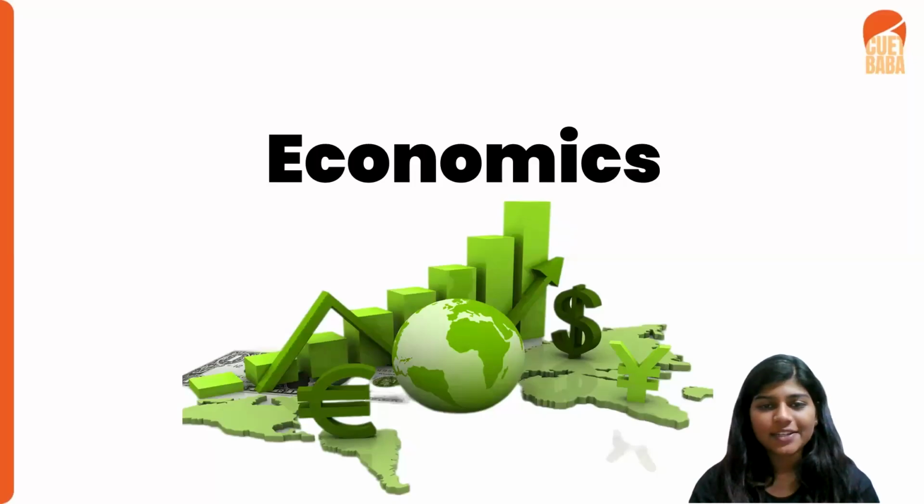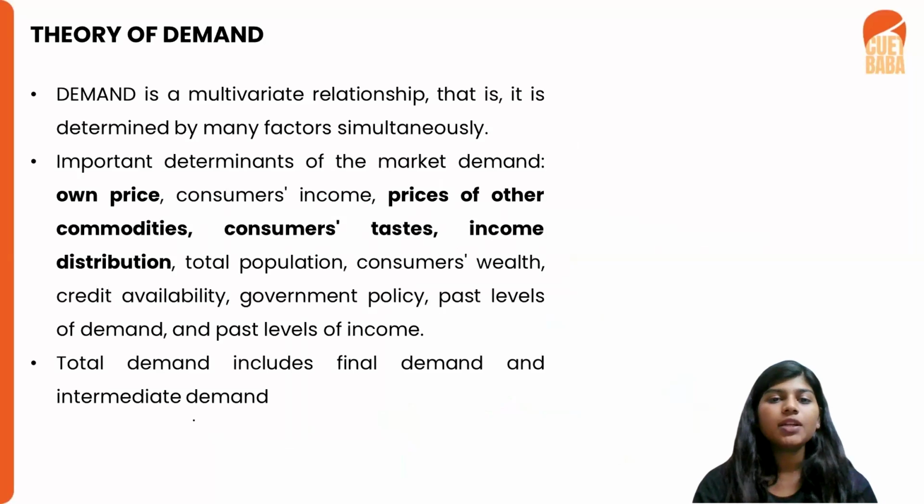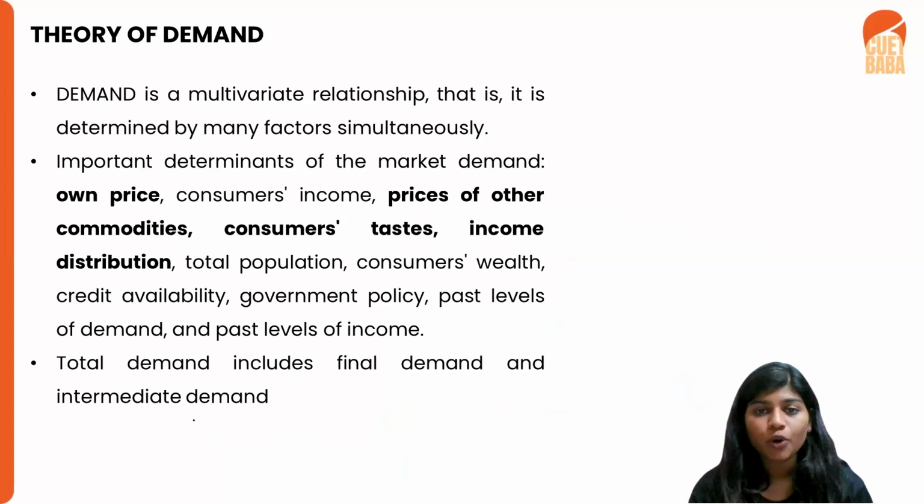Everyone, in today's class we'll be discussing the topic theory of demand. So we all know what demand is. Demand, in basic words, is the willingness and the ability of a person to purchase certain commodities. So it is a multivariate relationship, which means it is determined by many factors simultaneously. That word is very important here, simultaneously. It is not just one factor; there are 4 or 5 factors or even more that affect demand